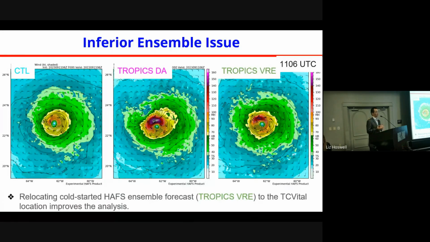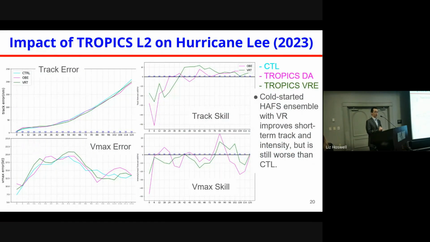But this illustrates the point that we definitely need better covariances to digest those high resolution inner core observations. And I mean, relocation is one thing. Maybe we try hourly data simulation. There are too many possibilities, but the GDAS ensemble is definitely not a very good choice. Next, please. So with those relocated HAFS ensembles, the green line here shows clearly a significant improvement in the short-term